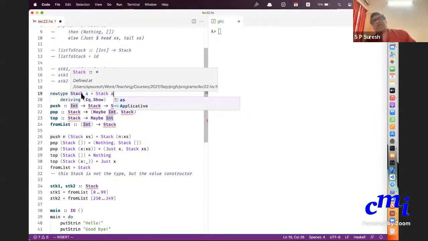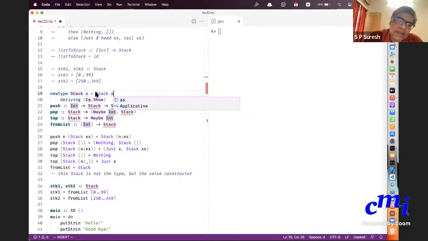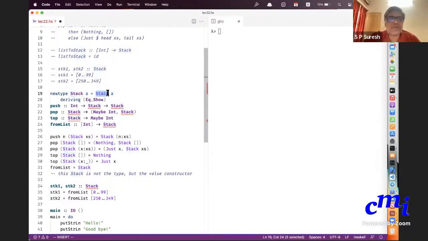For int there will be a stack int. For bool there will be a stack bool. For double there will be a stack double. For char there will be a stack char, etc., etc. Whereas the stack on the right, there is some typographic difference. This is in bolder letters. This is slightly different color and thinner letters. The thinner stack is a function that will take a character and produce a stack of characters, etc., etc. Okay, whereas the thicker stack is one that produces new types from old types. Okay, so that's the type. This one is a type constructor, whereas this one is a value constructor.